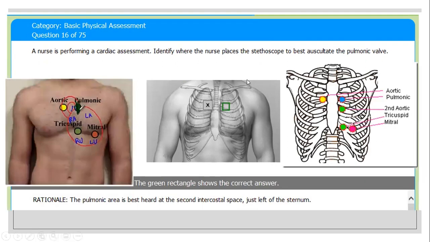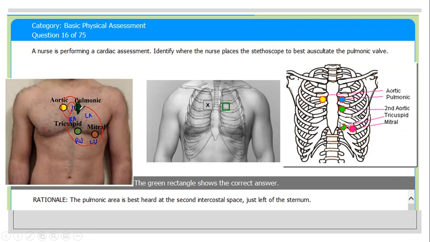The correct answer is the pulmonary area is the second intercostal space to the left, but the aortic area is the second intercostal space to the right. If you see this picture, aortic, second intercostal space, pulmonary, and